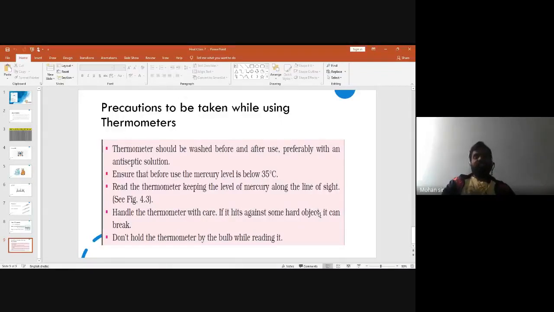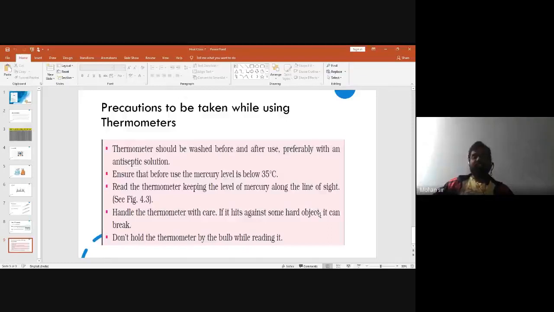We should ensure that before measuring the temperature, the mercury level is below 35 degrees Celsius. Because if the thermometer has read some temperature, maybe room temperature also, it will not show an accurate value. So we always whip the thermometer like this, like how we whip our pens if they are not writing, so that the ink will come down. That way we whip the thermometer also, so that the mercury level will go below 35 degrees Celsius